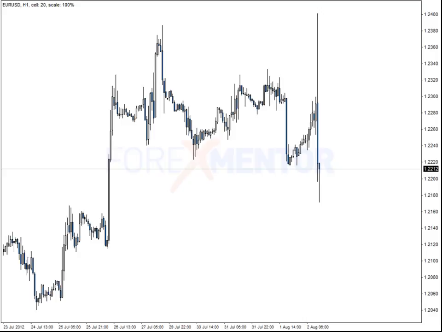So let's have a look at a sim example of the Euro US dollar and how I like to go about scalping. This is an hourly chart that I've got up. You can see it's nicely compressed, and I'll just show you guys what I look for. So really what you want to do is identify these nice moves out of ranges, and you can see, for example, here how we have a nice